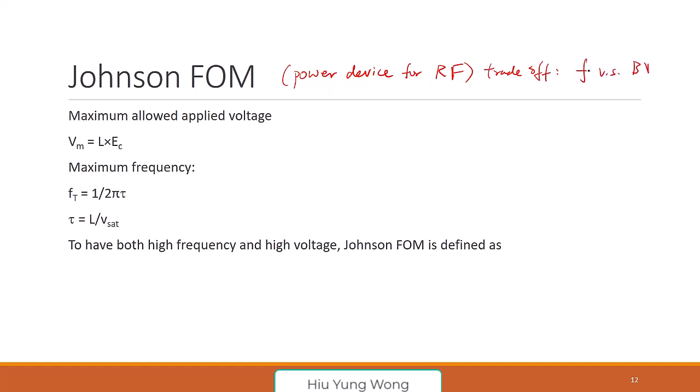So why do we care about this? Just always think about the base station, okay? Your cell phone base station. They need to supply very high power to you. So they need to sustain high voltage because you need to apply high voltage in order to get high power at off state, okay? And of course, for cell phones, talking about 5G, 6G, maybe even 7G in the future, if there is, then you need frequency, right? That is